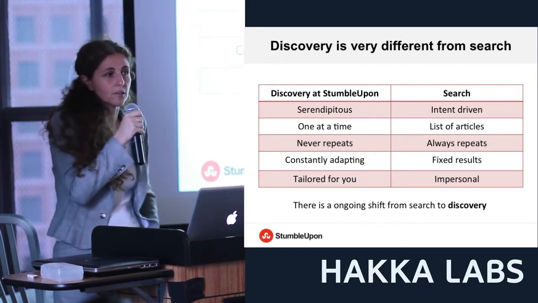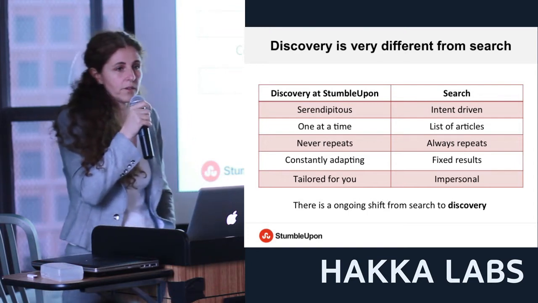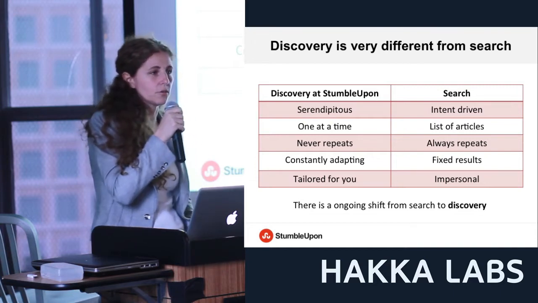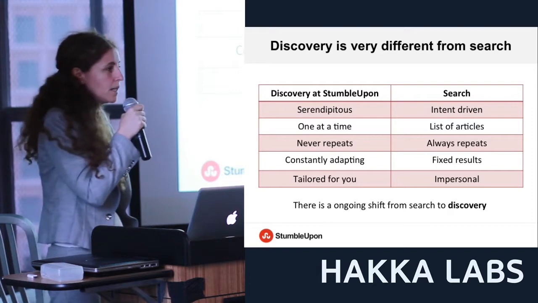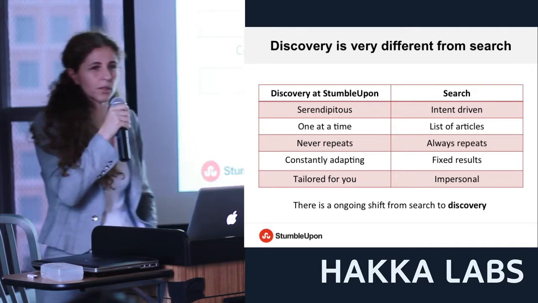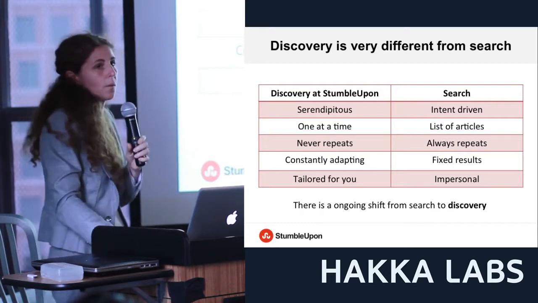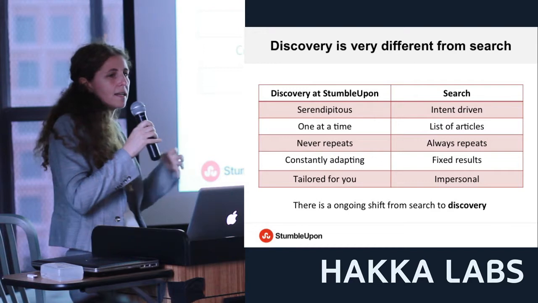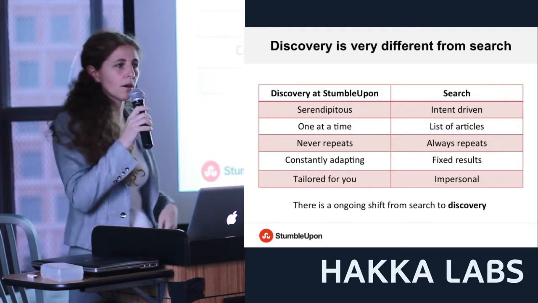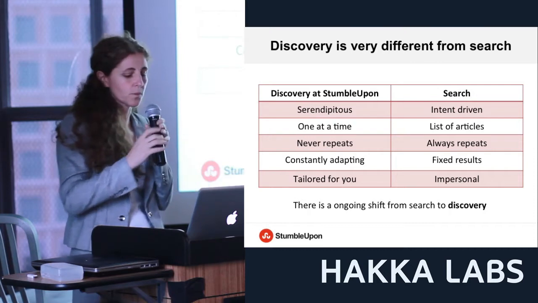And obviously, discovery, serendipity search in this case, needs to be personal, needs to be very tailored to you. So we need to provide different results if you are young, if you are old, if you are female, male. And some results that are good for people located in San Francisco maybe are not so good for people located on the East Coast, and so forth. As I told you, I don't think that currently there is any big player, and when I speak about big players, Google, but you can correct me, or Bing or Yahoo, that has tried successfully to solve the serendipity search problem.